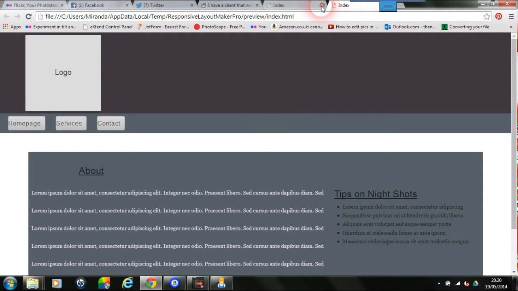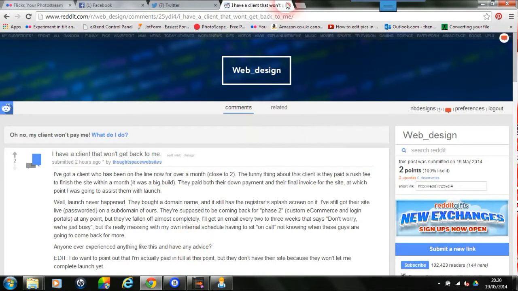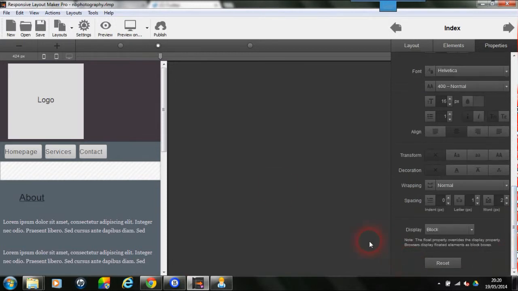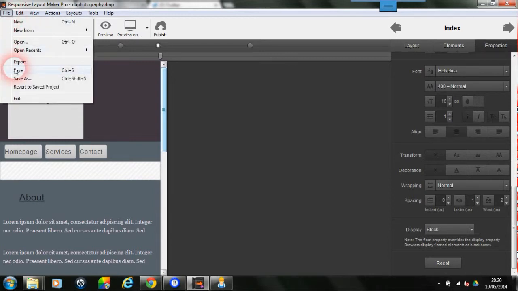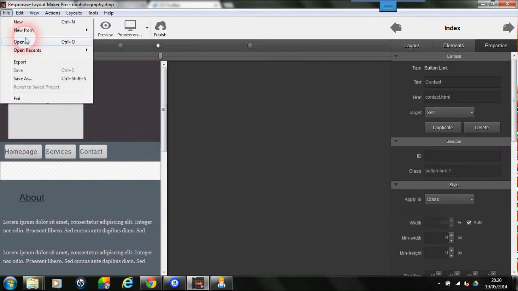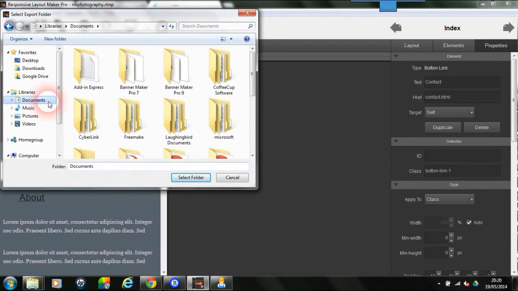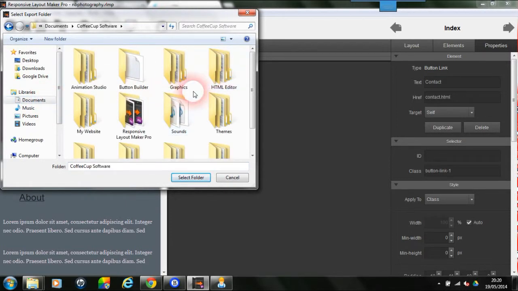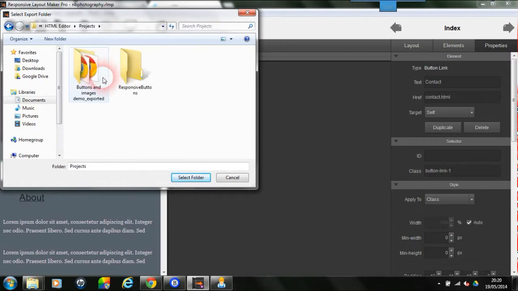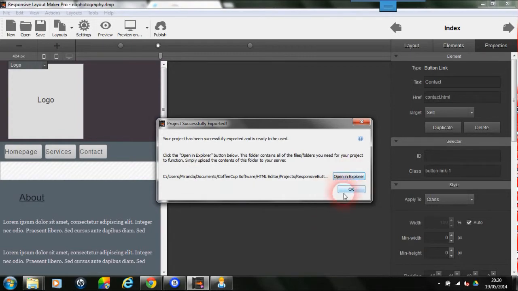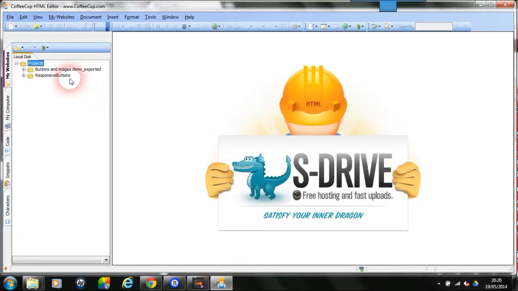So what we have to do is export them, and as I said before, I don't know why Coffeecup haven't integrated a system where you can actually do some CSS in the program itself. I don't get that really. But anyway, save, and we'll export that to a file or a folder that I've already designated for it. Projects, and this one here. So okay, we go to responsive buttons,